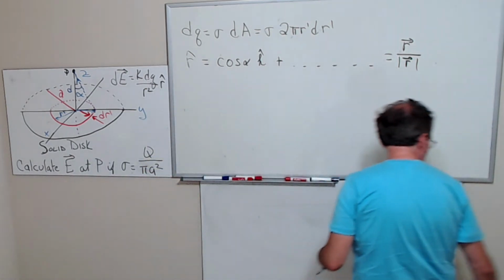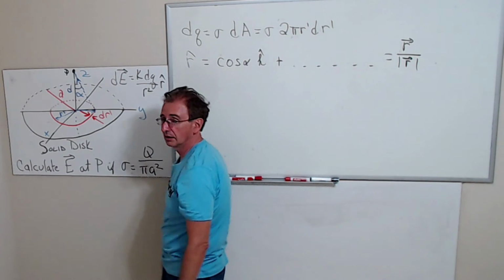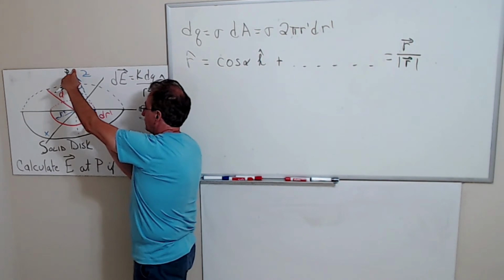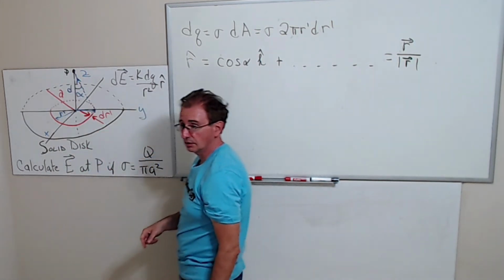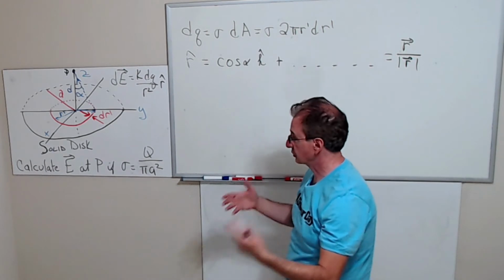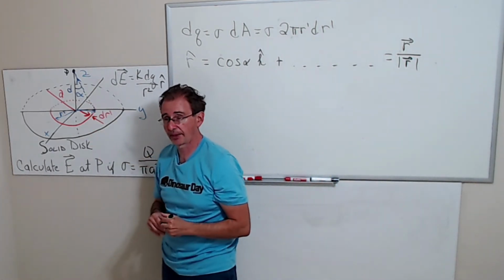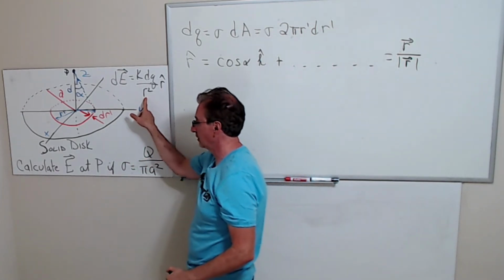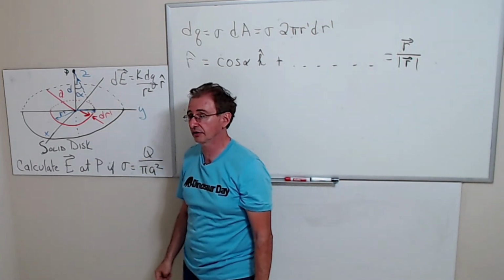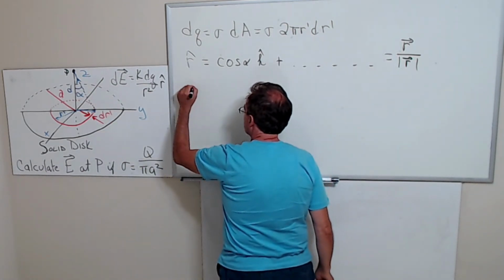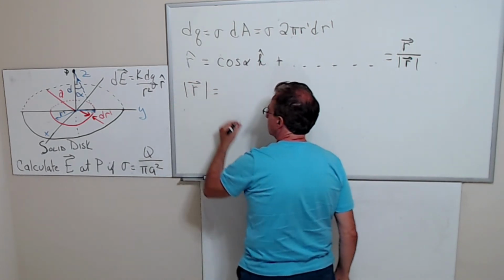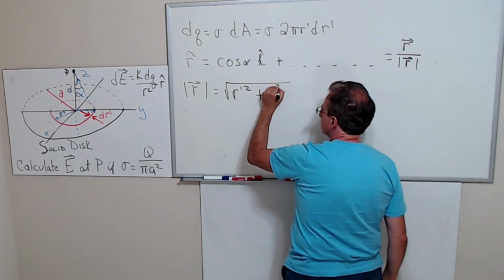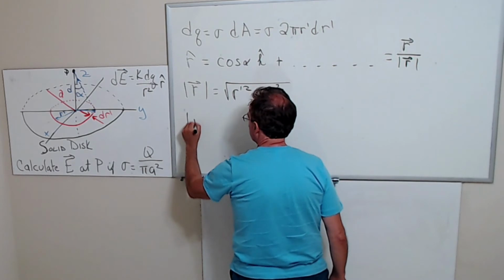And this expression is going to be simple because for the ring, the r squared is going to be the same all the way around the ring. So this hypotenuse of the triangle is r, and r squared is the square of that hypotenuse. Again, this is the square of the magnitude of the vector that points from the source of the field to the point in which you're calculating the field. So the magnitude r is going to be the square root of r prime squared plus d squared. And so the square of this vector